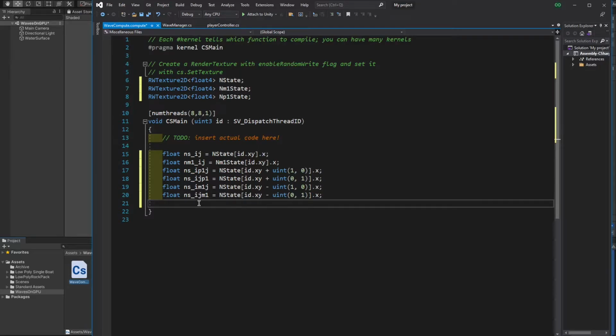So we're going to calculate the value n in n+1 state. Now we're going to store it in a different variable first. Let's call it new wave height. And that's going to take 2 times the current position, the current pixel value, minus previous pixel value, plus